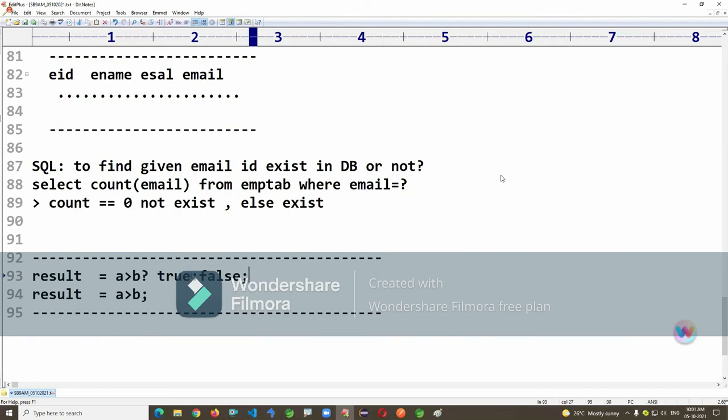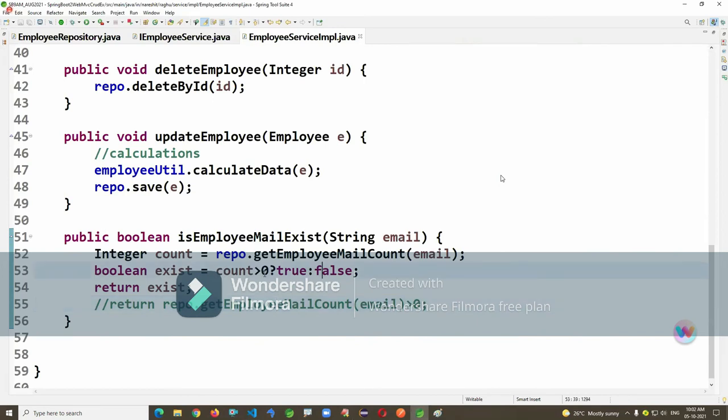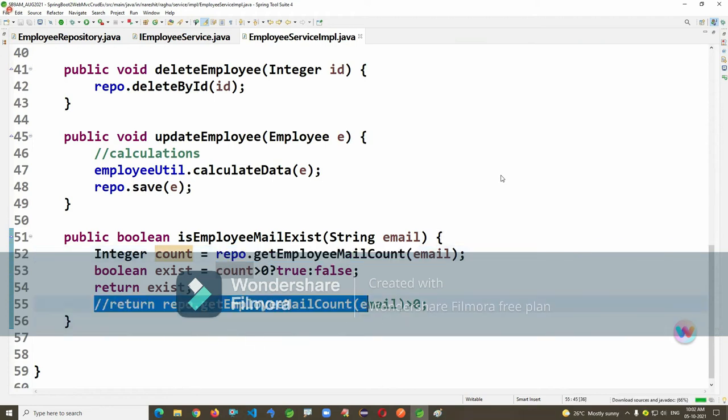Hey, why are you going to the false section and true section again? You return this value only. A greater than B, that value only you return. If this result is true, then directly return the same value here. Here also I'm writing the same. Why true and false separately? Count greater than 0, in the place of count, this expression is a short format. That's why I gave it in the comment section. You may get a doubt, so I kept it separate.